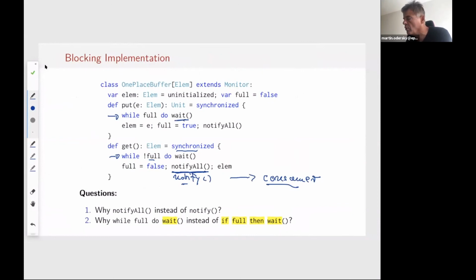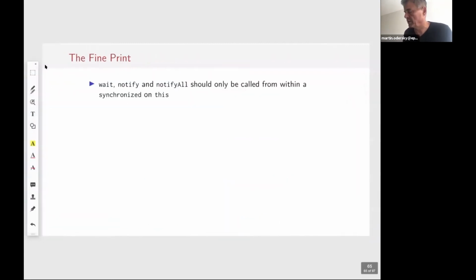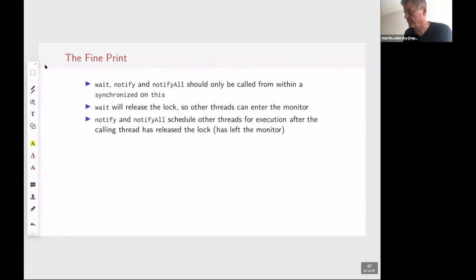And the answer is no, that actually doesn't happen. We wait until the notifying thread has safely exited the monitor, and then the system will wake up one of the threads that got notified and let that thread into the monitor. So we maintain the invariant that at any one point, only a single thread is in the monitor. Okay.